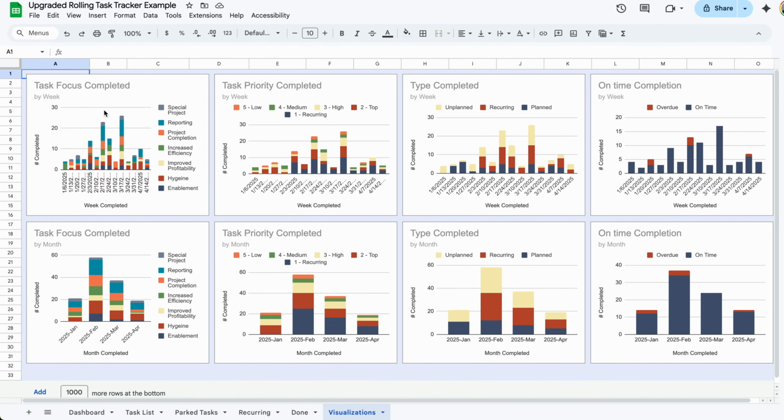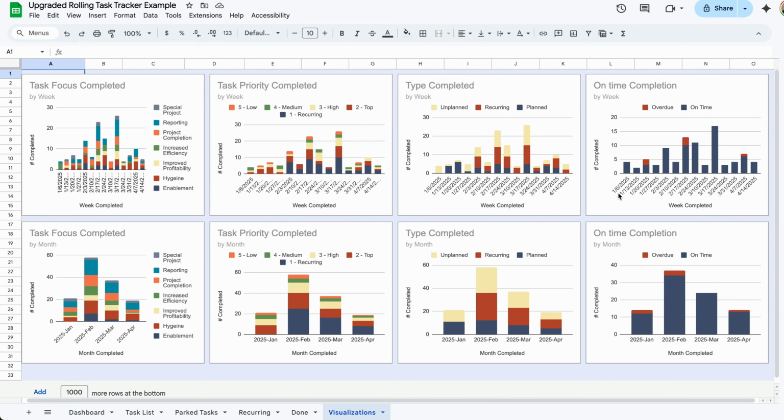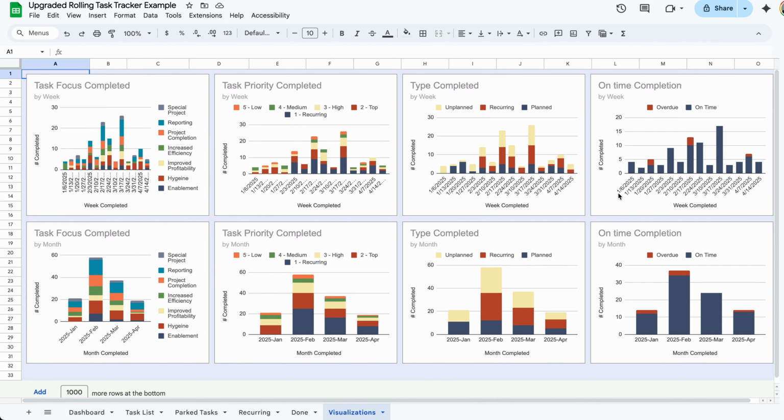So we have the task focus, we have our task priority, we can see our type, and we can see our on-time completion percent. So for example, if you see a low week, then you see a special project, maybe the special project just took a long time, or you're focusing in different areas. So it's a good little snapshot to see exactly where you're performing, where you can prioritize better, or if you're